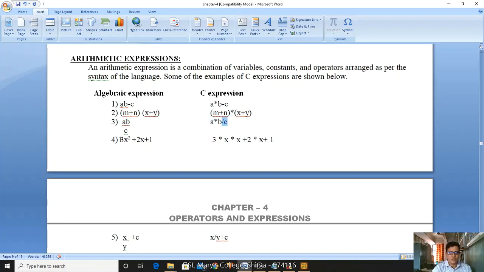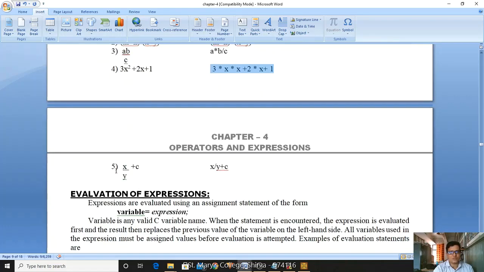And now we are taking as an arithmetic expression 3x square plus 2x plus 1. Then how to write the C expression? 3 into x into x, right? 3 into x into x plus 2 into x plus 1. So in detail, you have to write the C expression. So the next example is given. Okay, x by y plus c, you write x by y plus c.